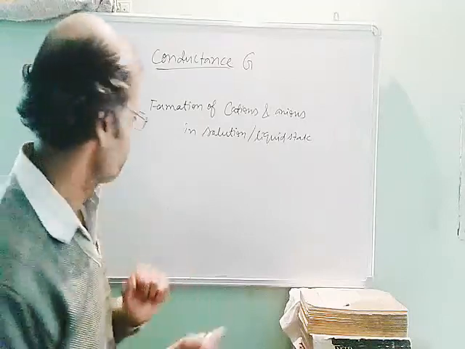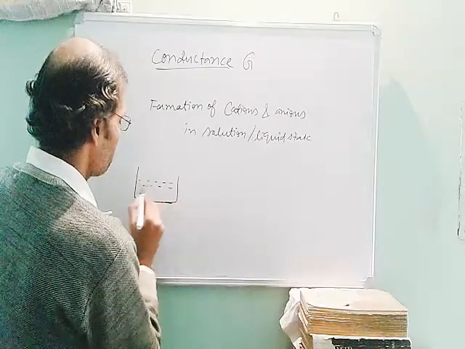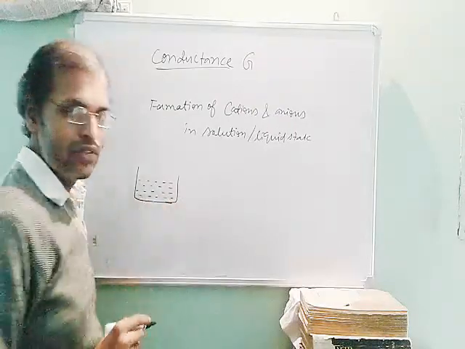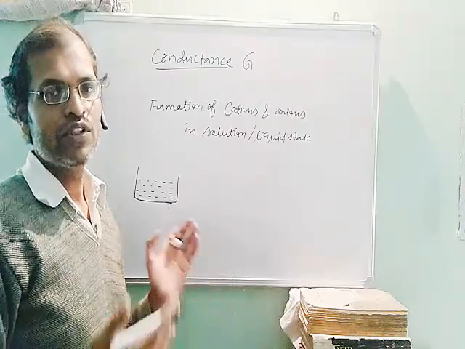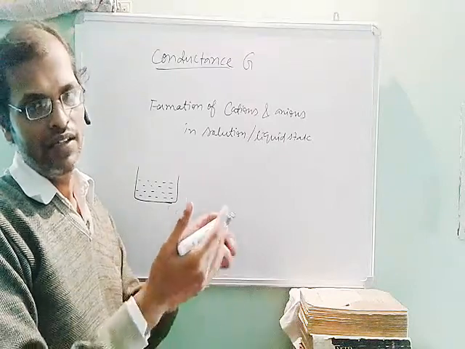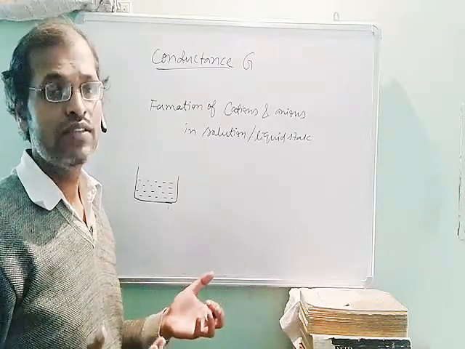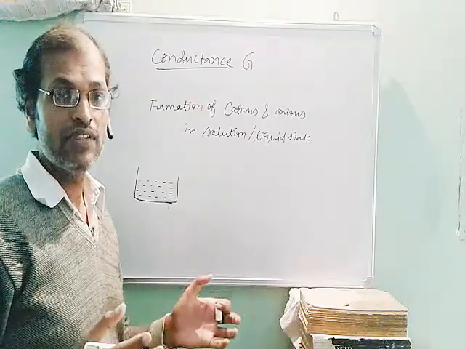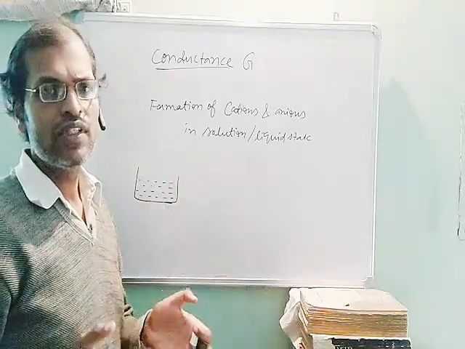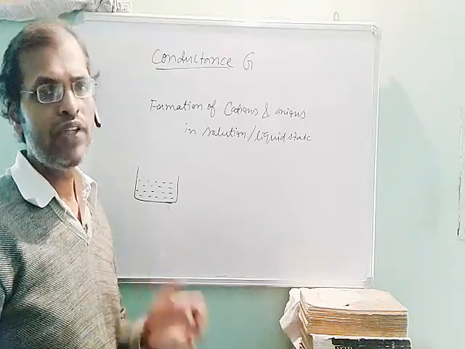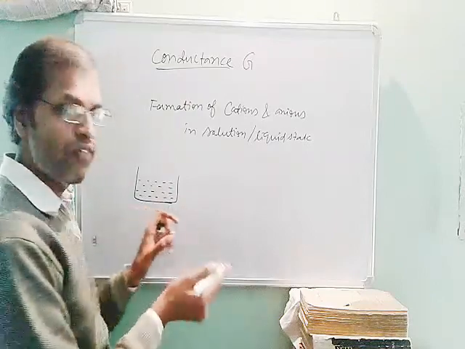And how to check it? It is very simple to check it. Make aqueous solution, because it is not possible to melt all the electrolytes practically, because students are bound to work at a laboratory, and in laboratory we don't have such types of instruments that we can melt every substance and we can find whether it is electrolyte or not. But those substances which are soluble in water can be checked through this method. We will make aqueous solution of given substance.